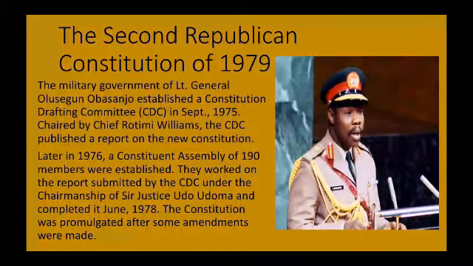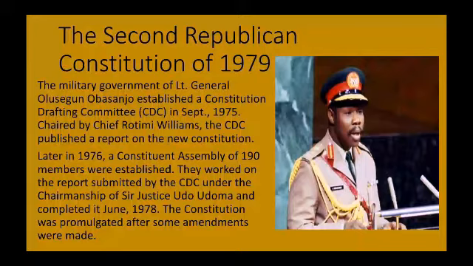And this Constituent Assembly decided to work on the report that was published by the CDC. And the Constituent Assembly was chaired by Sir Justice Udo Udoma. And then they came up with